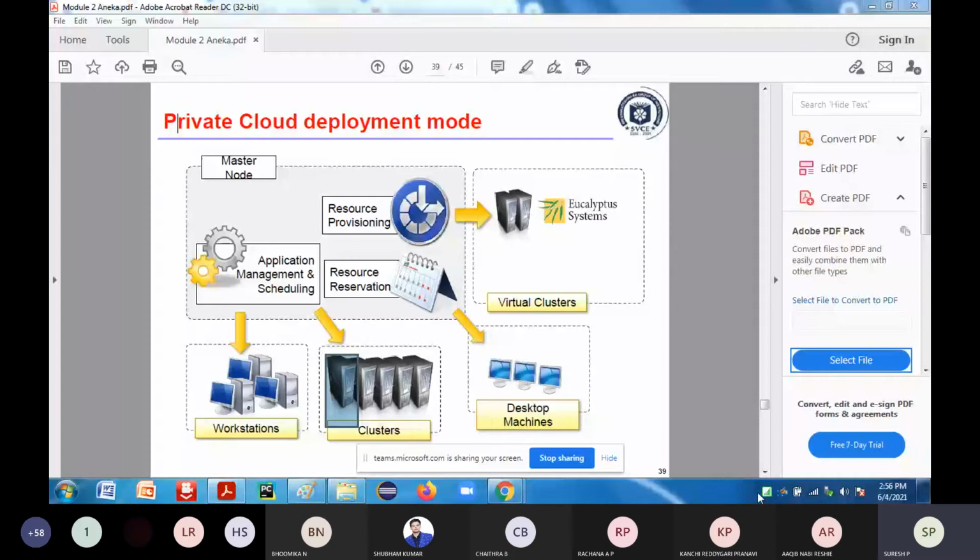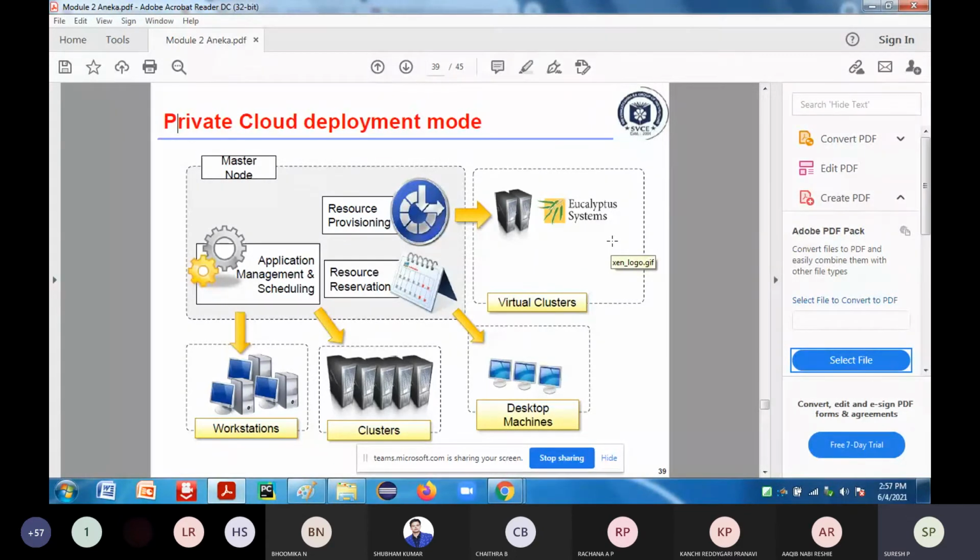So just go and study with respect to Eucalyptus. The Eucalyptus system is going to work fine for the virtual clusters which you are going to create. That can work with respect to the Linux operating system. So if you have a Linux system in your home, you can just install Eucalyptus. That is freeware, freely downloadable, open source, and you can use it for your research purpose or project purpose also. You can use that particular tool, that is Eucalyptus.